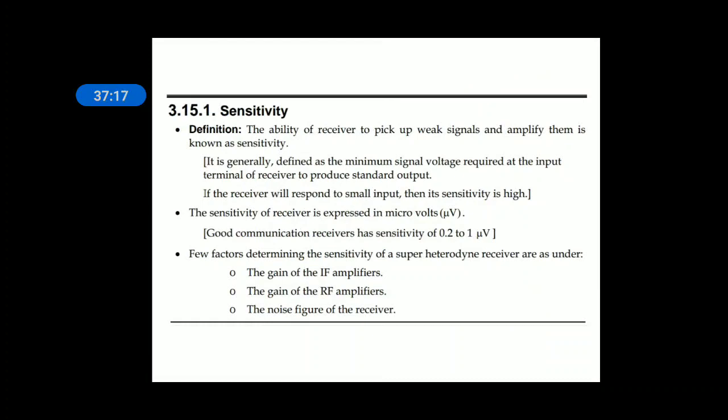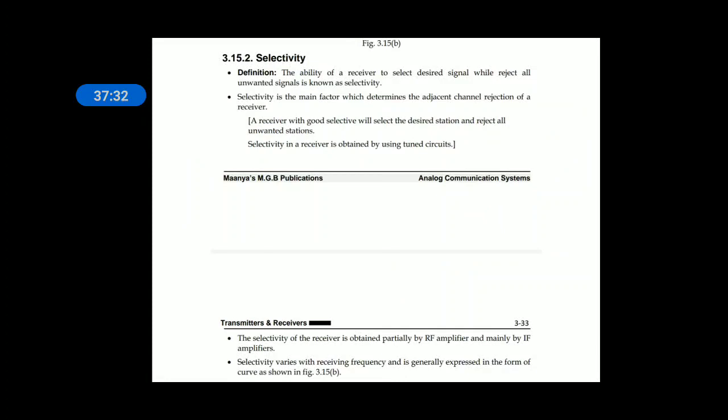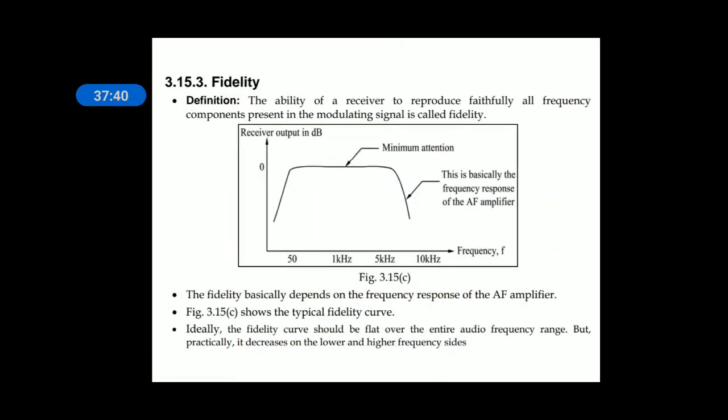These are some properties of your radio receiver. Sensitivity defines the weakest signal that can be detected by a receiver. Selectivity defines the extent to which unwanted signals are rejected. Fidelity defines whether the produced signal is comparable with the input, that is, the quality of the signal generated at the output of the receiver.